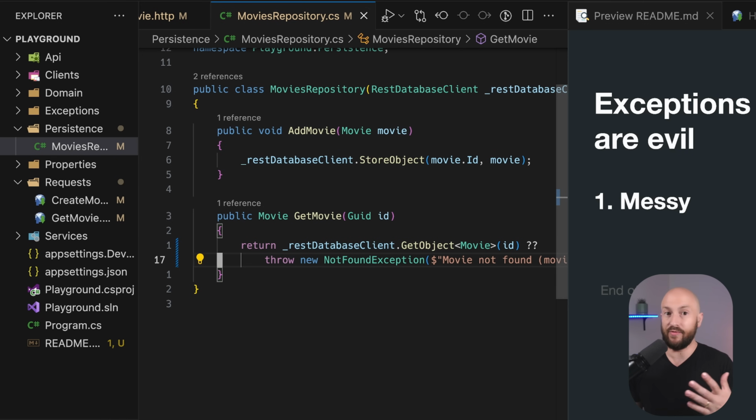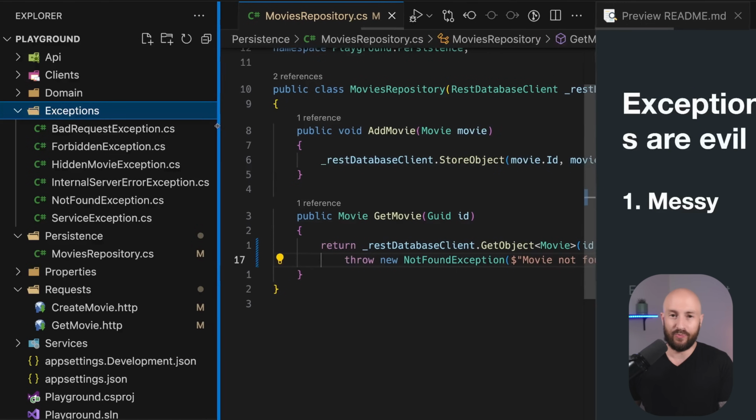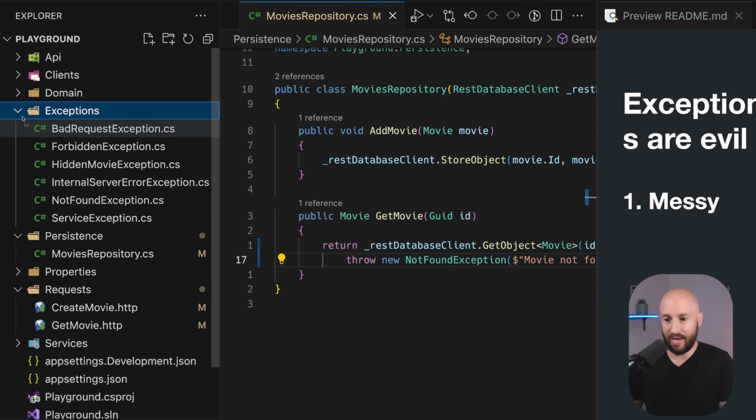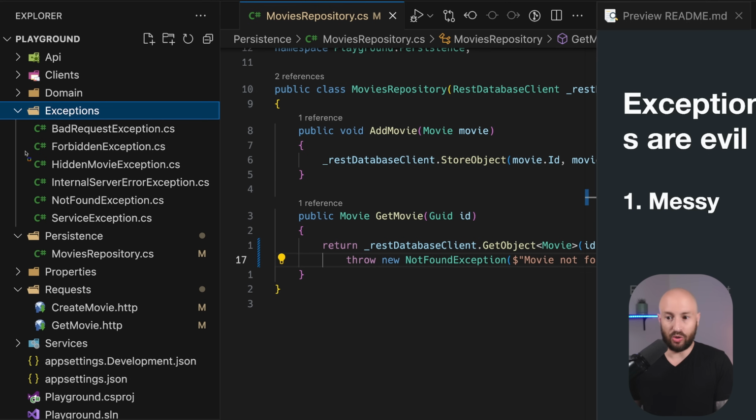Now, because this is a very small application, we don't have many exceptions predefined in our app. But as you would expect in applications that use exceptions for flow control, you don't only have, like over here, 6 predefined exceptions that we can use, but you'll have tens of exceptions. Of course, the way this folder will look depends on your application. Regardless of the specific exception implementation that you're using to convert the errors to the error response to the user, in the end, when you're using exceptions for flow control, it starts becoming very messy. Why? For this, I want to show you an example.